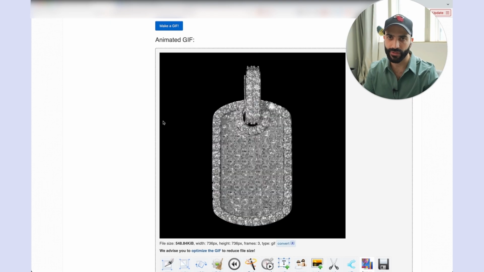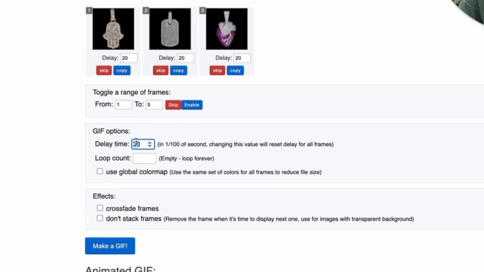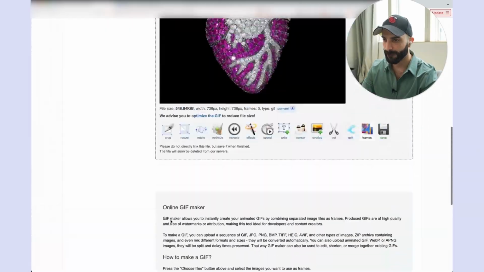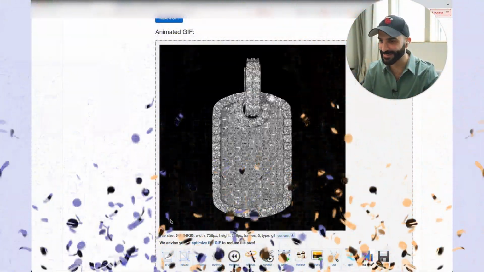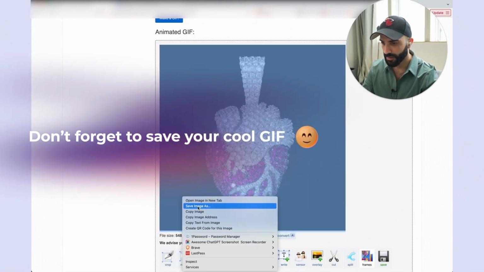And this is ready to go if you like the speed. I think it moves a little bit too quick. So I'm just gonna ask it to change it to 60th of a second instead of 20th of a second in terms of speed. And there we go. You see, already in seconds, and now all you need to do is just save it right here,